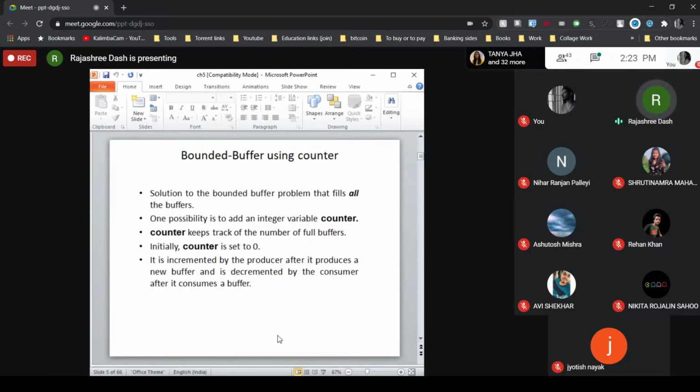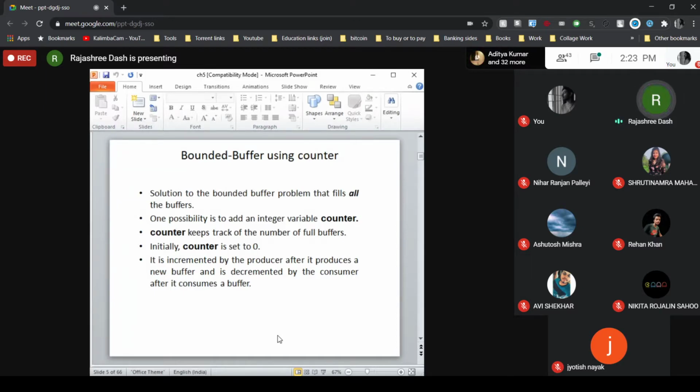Every time the producer produces a new item stored in the buffer, the counter is going to be incremented by 1. And every time the consumer consumes an item from the buffer, the counter value is decremented by 1. Got the concept? Here, besides your buffer, the in and out, one more variable is used named counter.